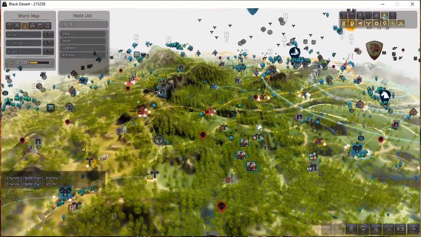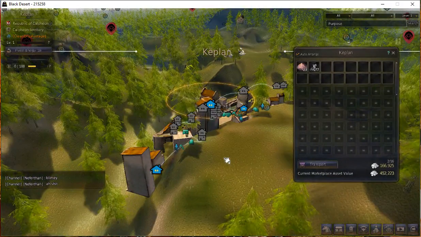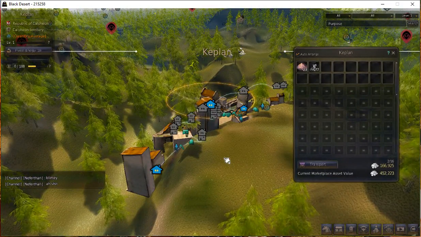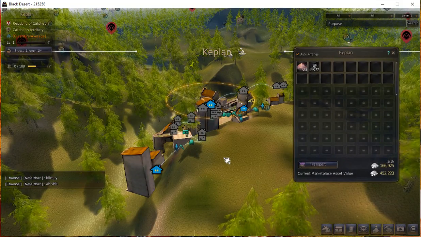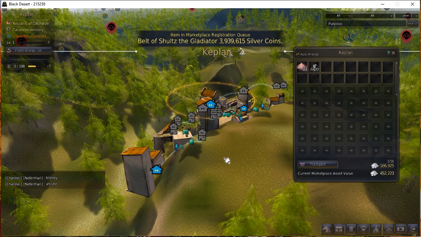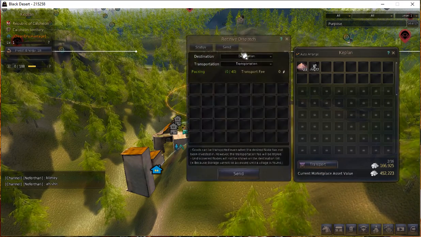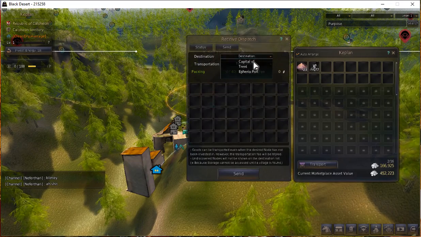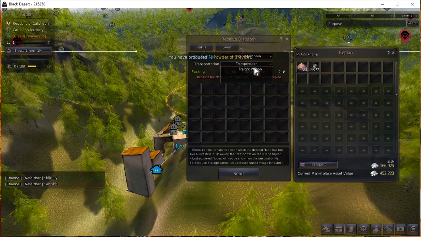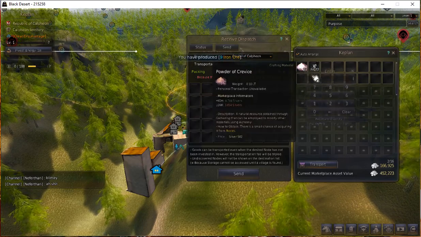Okay, I'm going to move over here and show you that I also have workers in Kaplan. But the problem with Kaplan is I don't have it connected to anything. But I still don't want to have to go to Kaplan to pick up this coal. So what I end up doing is I transport it to Calpheon. By doing that, the capital city there, I only have to go to Calpheon to get my stuff. I'm going to go freight wagon,